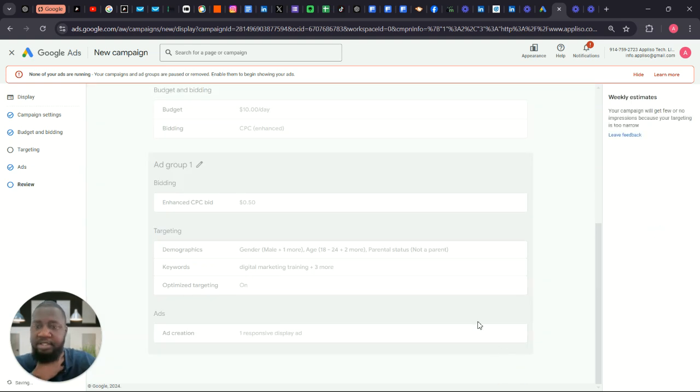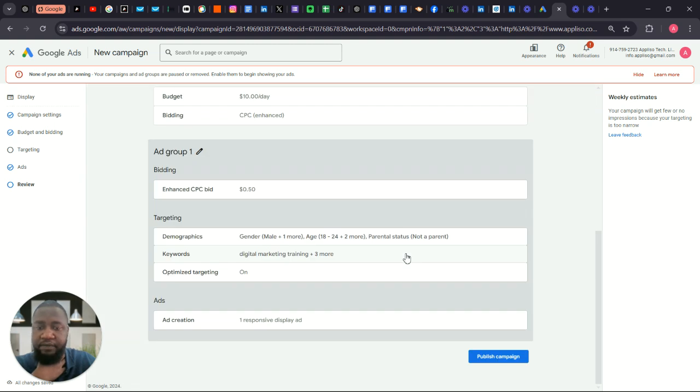Once you click on next, it takes you to the review page where you get to see all that you have inputted so far. So from the budget, if you're running $10 per day, don't forget our duration. For example, if you're running a campaign that's going to run for 14 days, then you know you're spending $140 in total. So then you should put that amount